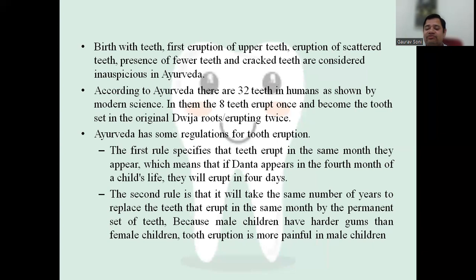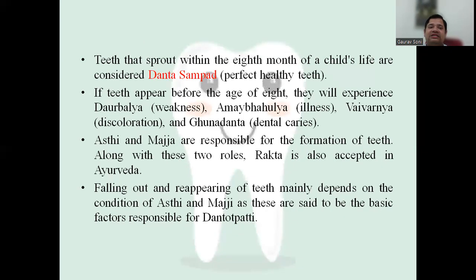So these are some set of rules which are given by the Ayurveda Classics. Teeth that sprout within the 8th month of child life are said to be the Danta Sampat. That is, perfectly healthy teeth should appear in the 8th month. If teeth appear before the 8th, they will experience some problems like Dorbal, weakness, then illness. Varna means discoloration, yellowish of the teeth, and Krimidanta means the caries or the germs will be there